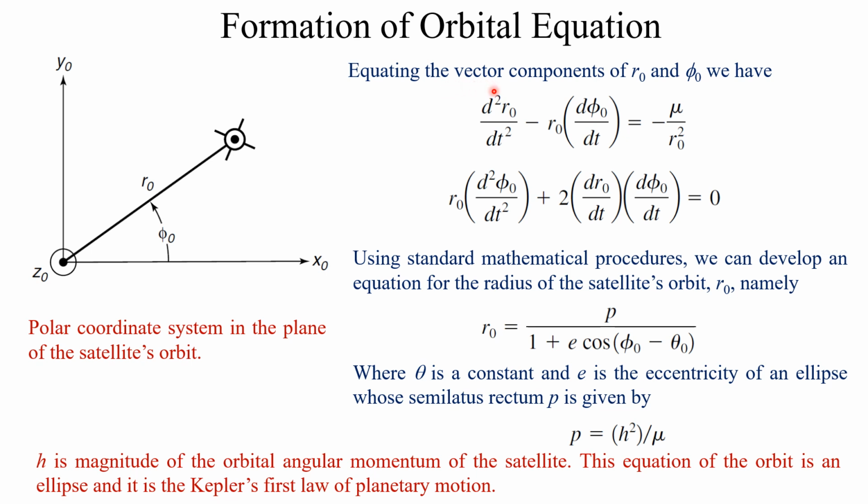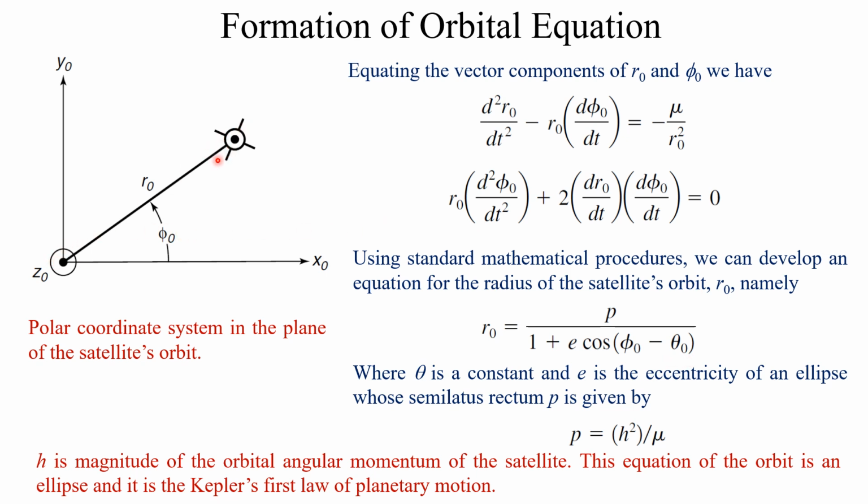Now we will equate the vector components of r0 and phi0, and if we equate, we will get two equations. These are two equations, and using standard mathematical procedure, we are not going into the details of those procedures because these are the standard equations. So we will get the solution of the r0 equation as p/(1 + e cos(phi0 − theta0)). Okay,